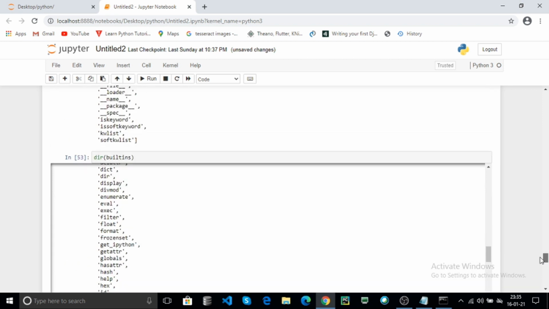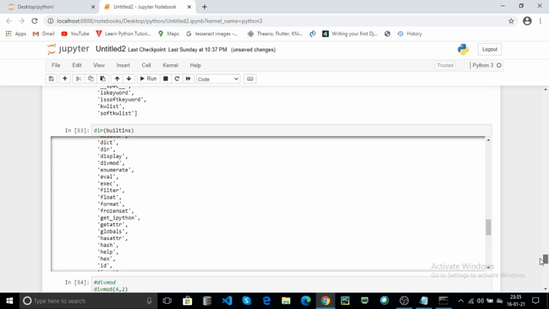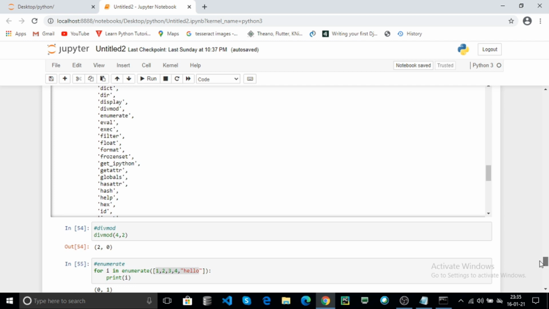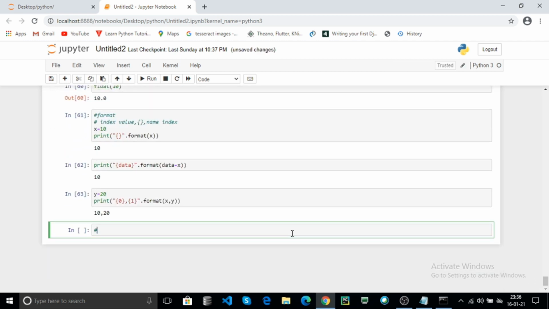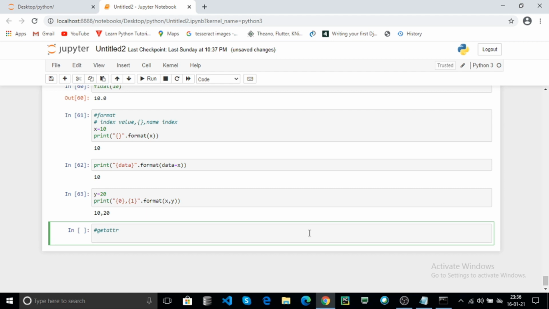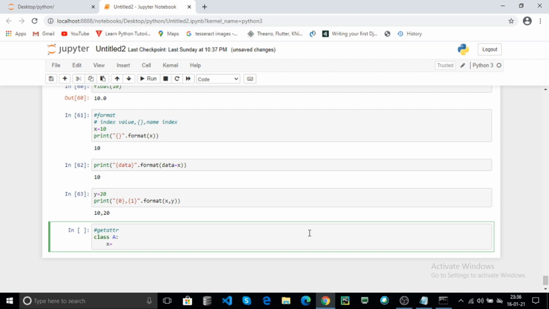The next function is getattr. The getattr gets attributes in your class without creating an object for the class. The class is A. Here the class contains the attribute x.